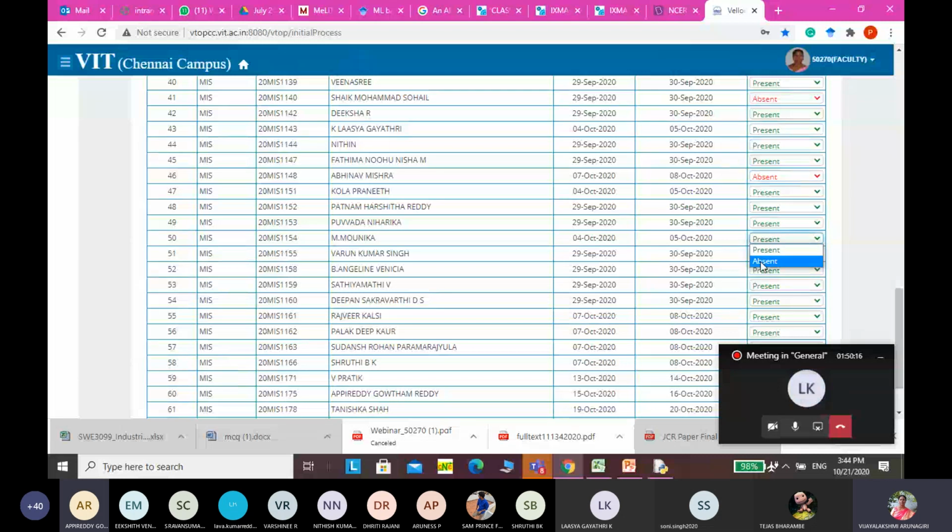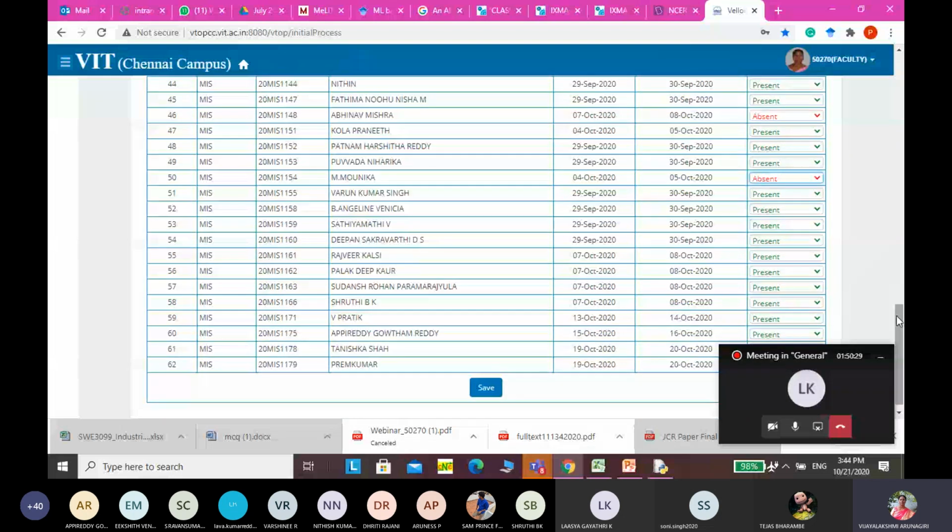Varun Kumar, present, ma'am. Angeline, present, ma'am. Satya Nadi, present, ma'am. Deepan, present, ma'am. Rajvi, present, ma'am. Deepkar, present, ma'am. Rohan, present, ma'am. Shruti, present, ma'am.